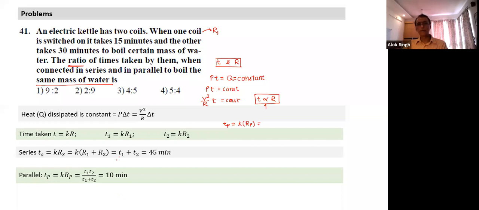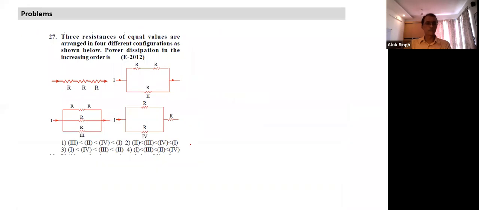Many times people give us a formula. There's nothing to memorize here. Some books give a formula for this parallel and series question. No need to memorize anything. The ratio is simple, and we can easily calculate. You won't believe this is a question which had come in JEE Advanced. Let's see if you can solve it. It's a very simple question.